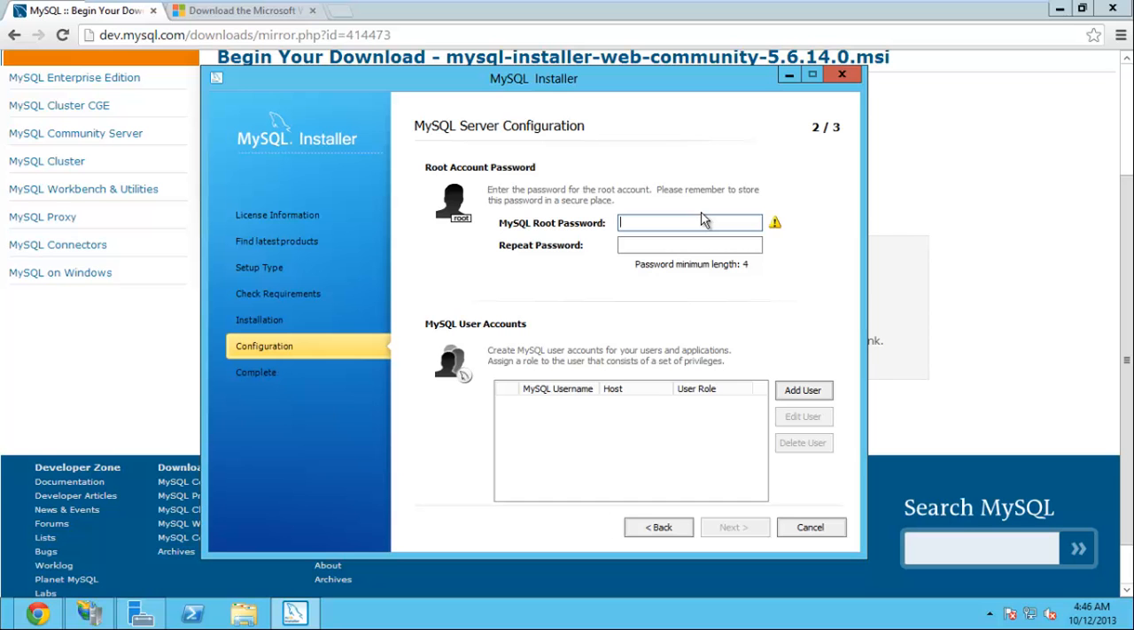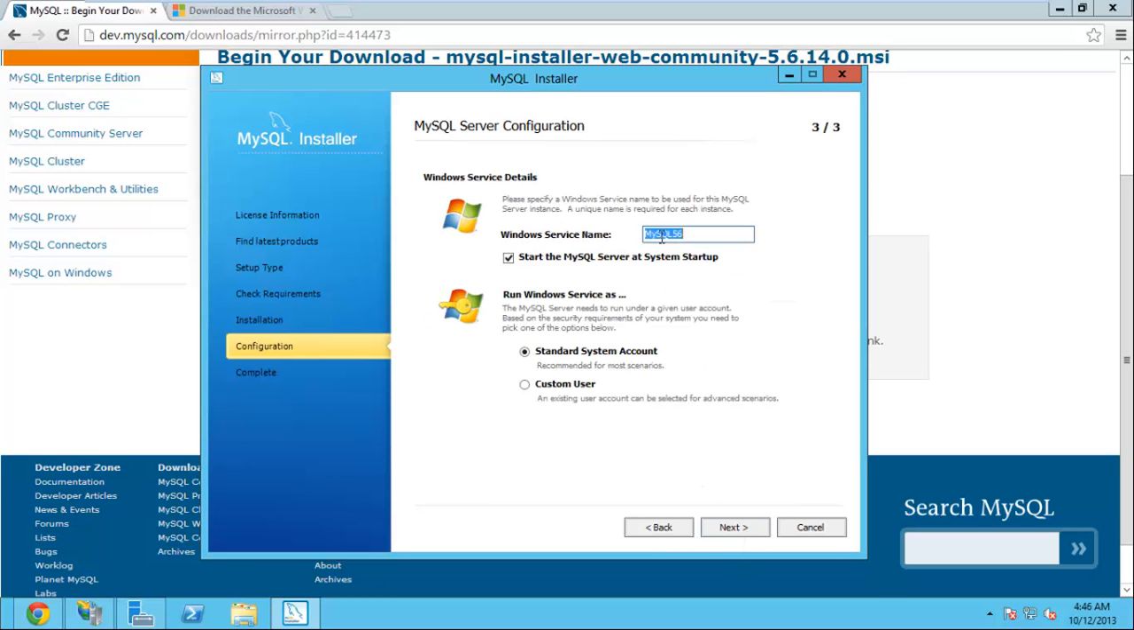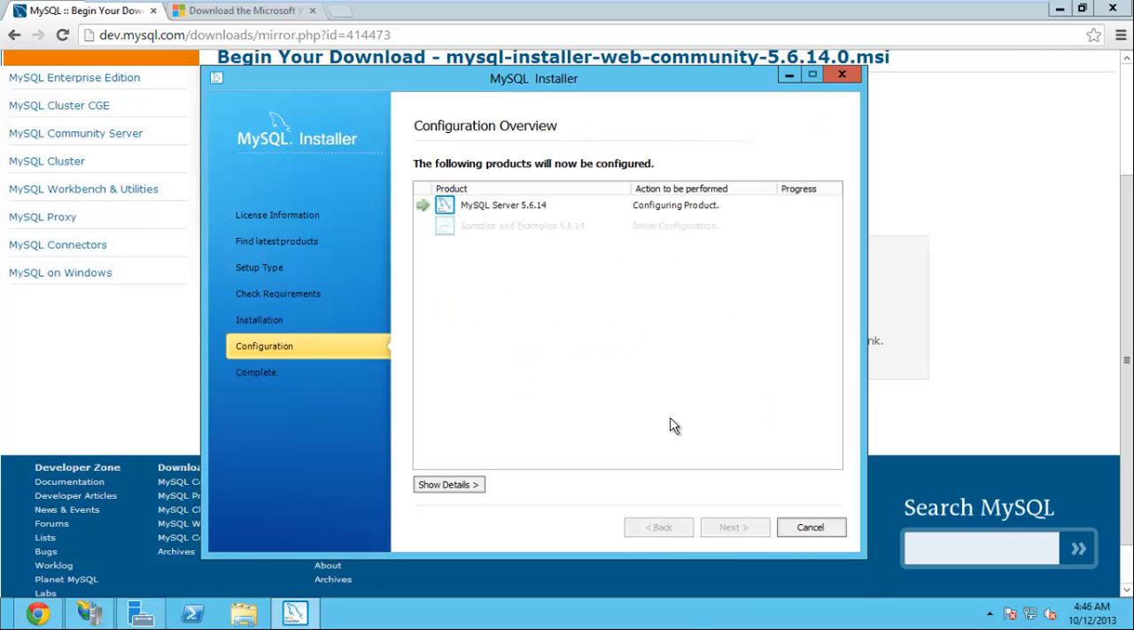The MySQL root password I'm just going to have be Nelson. This is a local virtual machine that nobody else has access to, so I'm just fine doing Nelson. So let's hit next again. We're going to have the Windows service name be MySQL 5.6, and we'll run it under a standard system account, even though I would recommend running it under a custom account in production. So just hit next,